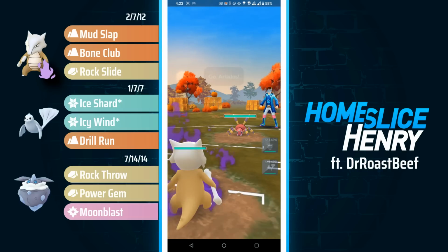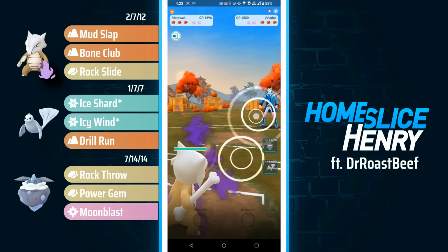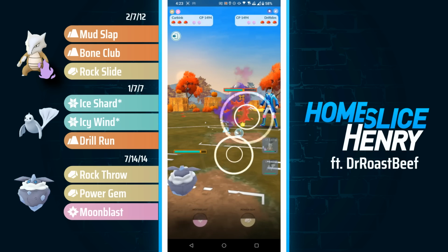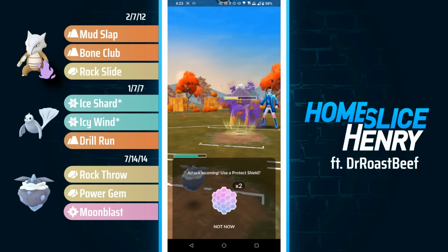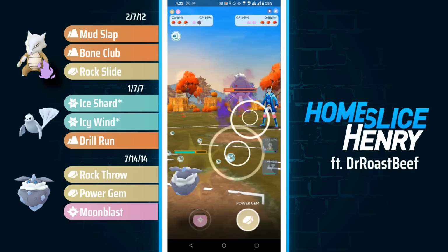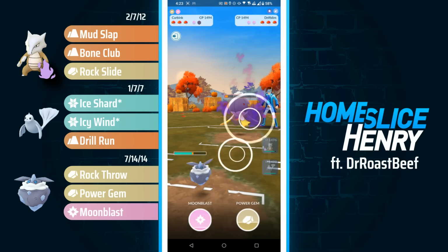We've got a great matchup here, Dr. Roast Beef versus the world champion, Yakai. Yakai is going to save switch into Drifblim, and Drifblim will be answered with Carbink. Carbink is still going to take a lot of damage from a Shadow Ball. We will see the shield as the Shadow Ball comes through from the Drifblim, and now we're going to see